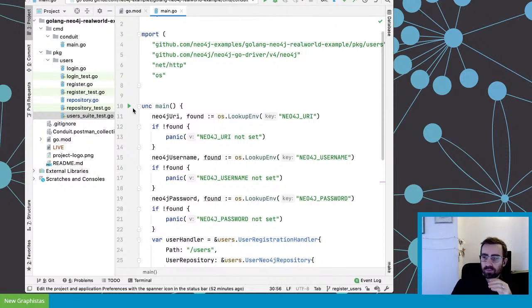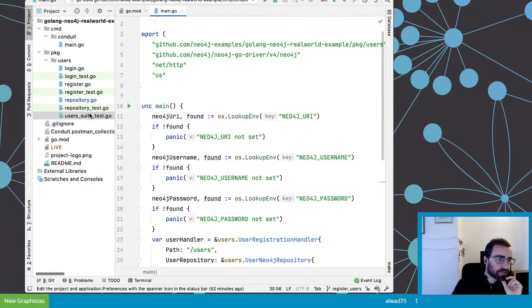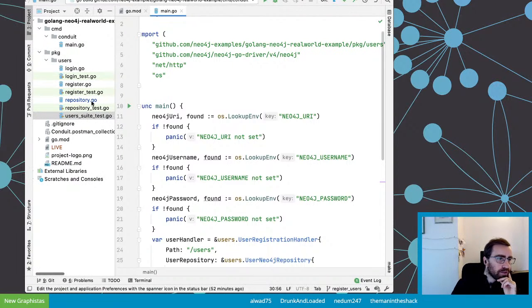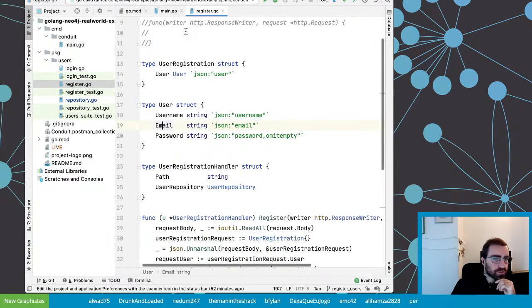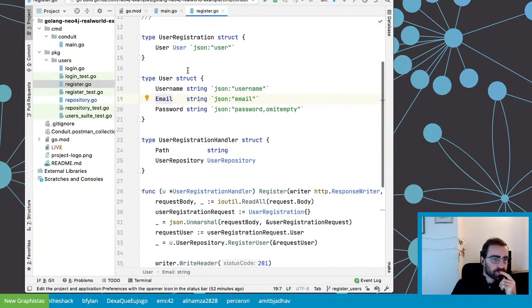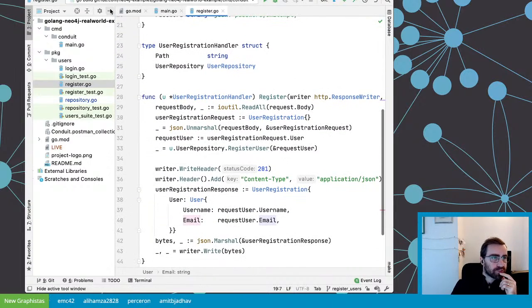But that's just some plumbing you have to do once per package. So in my case, I've only had to do it once so far because I'm focused on users. And if we look at, let's say, the user registration, because it's a complete one. For some reason, I have commented code here. That's interesting. But so it happens here.